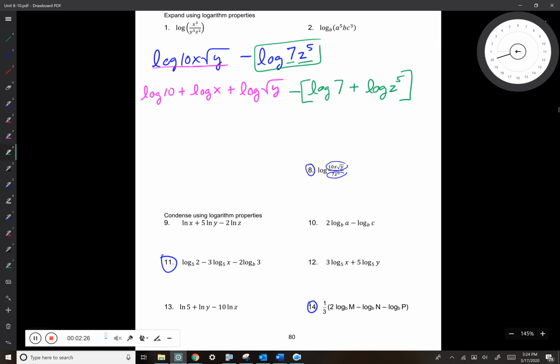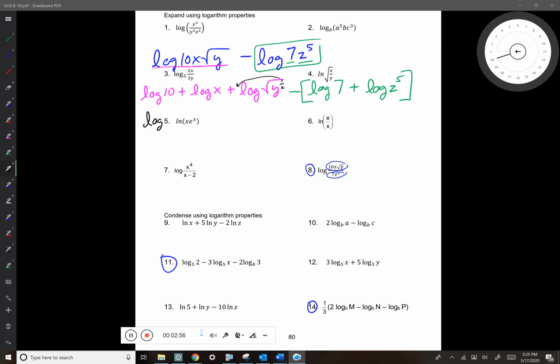I could apply that third log property, because this is a square root of y, that's the same as saying y to the 1/2. So if I want, I could move that 1/2 down in front. So I've got log of, oops, I'm sorry, something happened there. Let's see, how can I move you over? Here we go. So it's going to be log of 10 plus,